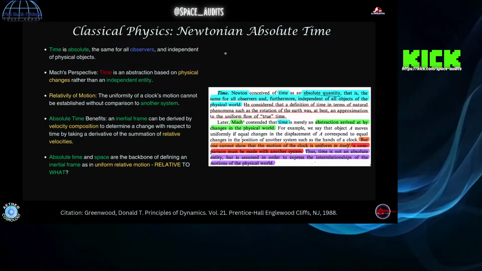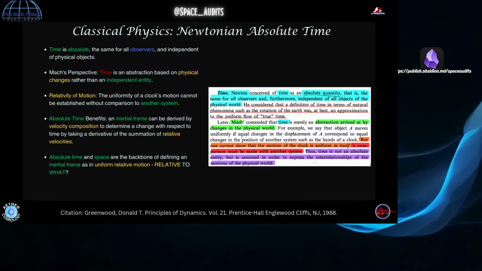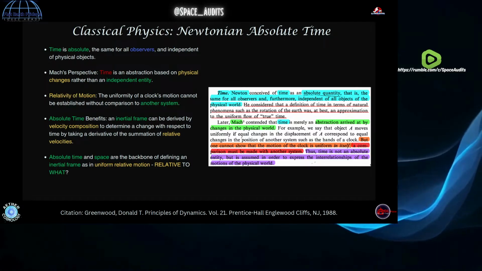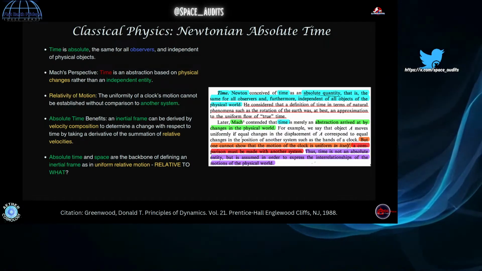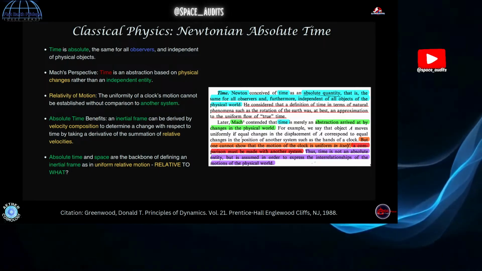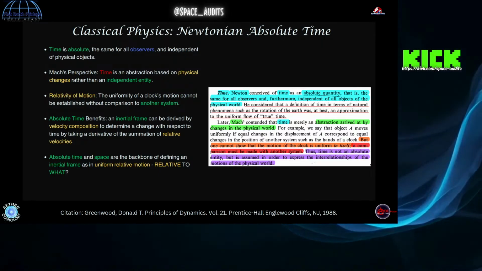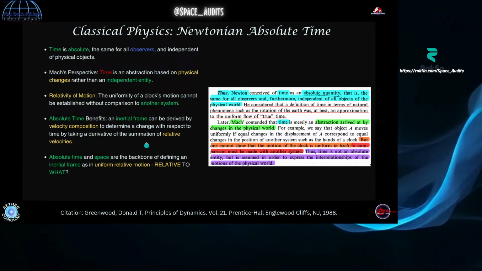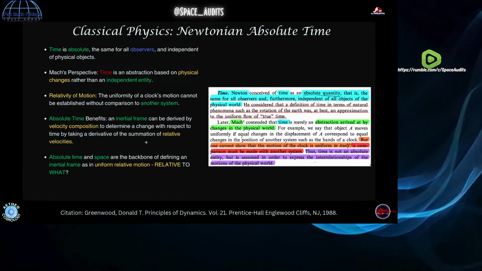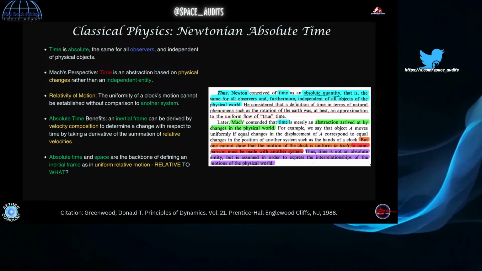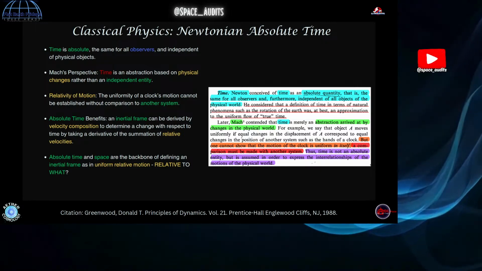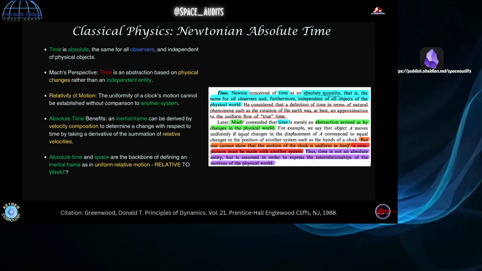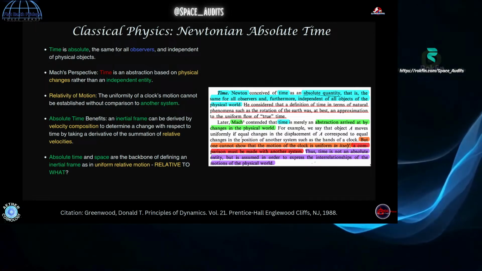So this is based on the concept that time is independent of the motion of the observers, and there's some absolute frame, some background thing that all motion is relative to. Not necessarily a medium in Newton's case, but just something that this is all relative to, right? This is kind of the backbone of how they're building this whole thing. So relative to what? Well, everything that was done on the Earth when all this was defined and experimentally derived and mathematically derived. So I would say the Earth would probably be a good starting point.